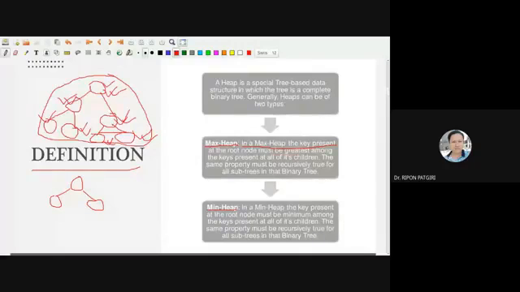And in a min heap, the key present at the root node must be minimum among the keys present at all of its children. The same property must be recursively true for all subtrees in that binary tree.